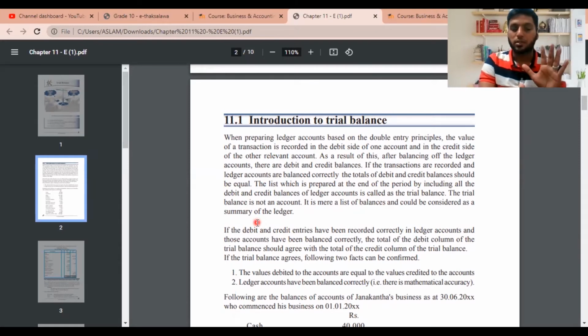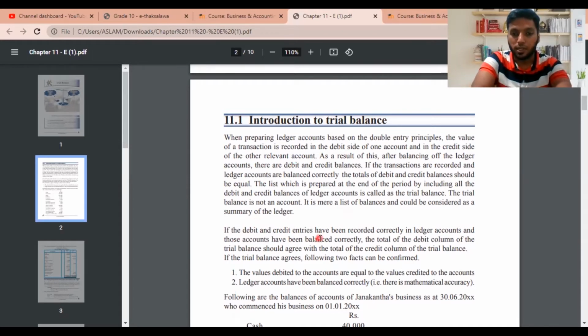We have learned five classes of accounting: asset, expense, capital, liability, income, right, guys? When we learned these five classes of accounting, I taught you asset and expense fall under debit, capital, liability, income fall under credit. So by this assumption, whenever you are transferring the values from an asset account to the trial balance, you need to remember to take it on the debit side of the trial balance. Why? Because asset is a debit. So the basic principle should be applied when you're transferring the balances to the trial balance.